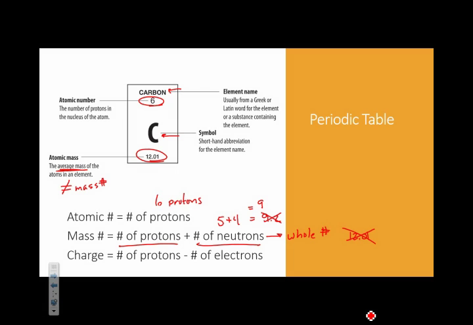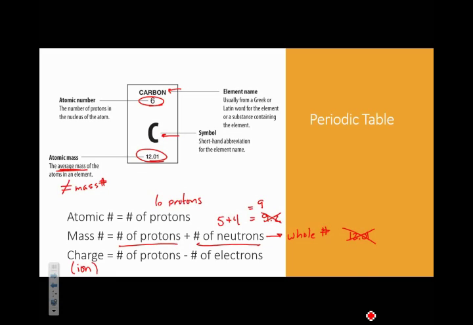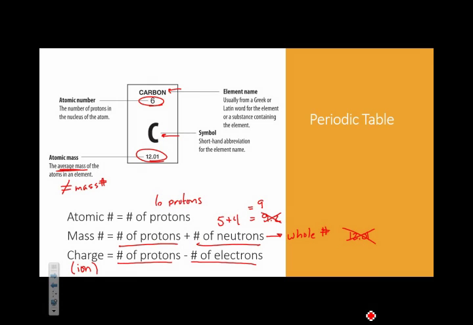The charge on your atom, if it's not neutral, so this would come from an ion being present, is going to be the number of protons minus the number of electrons. And that works out well because if you have more electrons than protons, you'll have a negative charge. And if you have more protons than electrons, then you'll have a positive